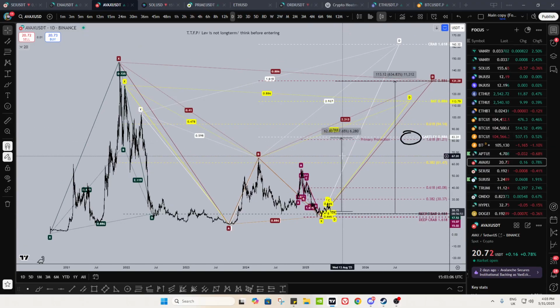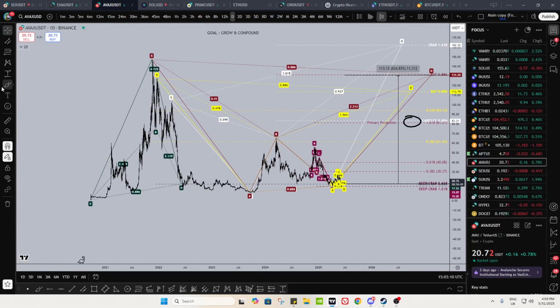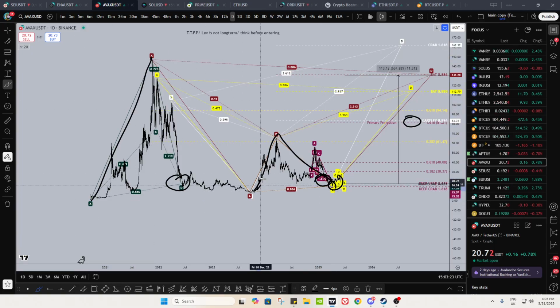Remember, the more harmonics you have at a particular area, the more powerful we presume that area to be. So we have now at this area macro 886, right? We know from here to here was an 886. We have a 1.618 retracement. So we have the 886 from this to this. We have the 886 from this to this. We have the 1.618 from this to this, the extension of that, and now we might have a 786 to the 886 in there as well. So many fibs are lining up in this area.